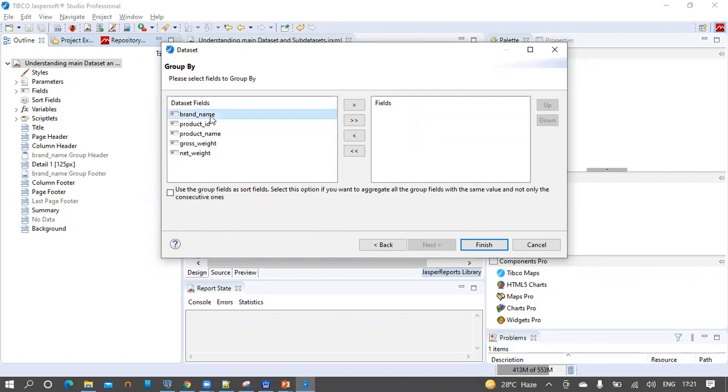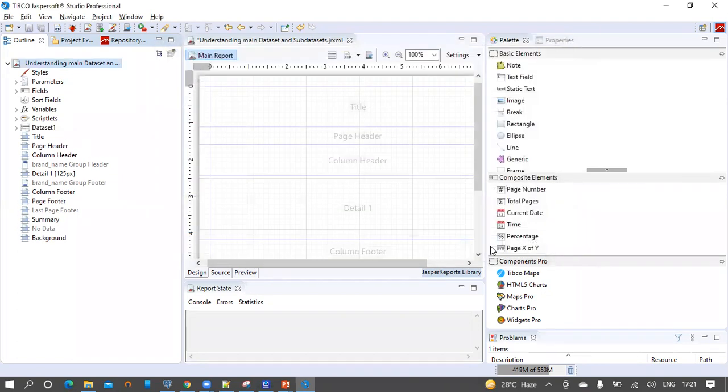Then let us group the query with the brand name. Then click on Finish. As we finish, we can see there is a new node added in the outline view of the report. That is dataset1 here. So this is how we can create a subdataset for a report.